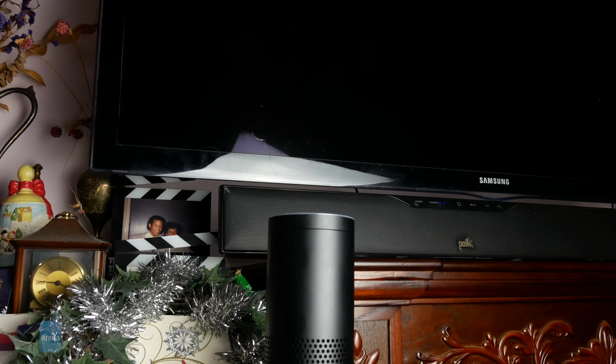we're going to take a quick look and see what does this really give you over any other Echo devices, and if you haven't already started your smart home, then is this the proper thing to start with? So the first thing we're going to do is take a quick look at the design